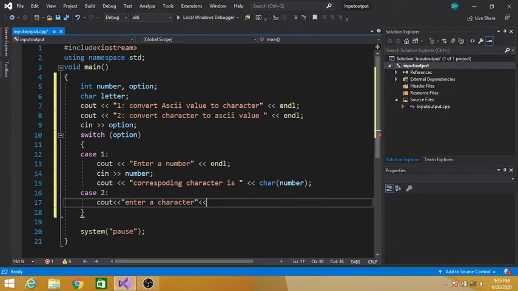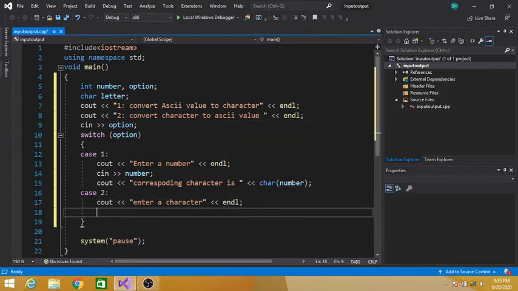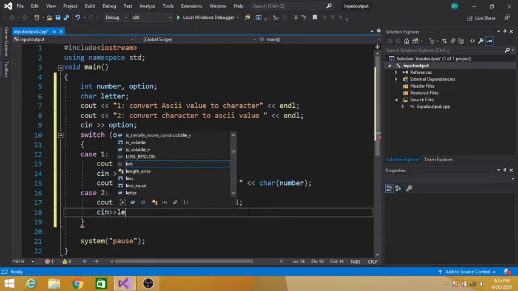Enter a character, end of line. Cin letter, we have declared a variable of character type letter.